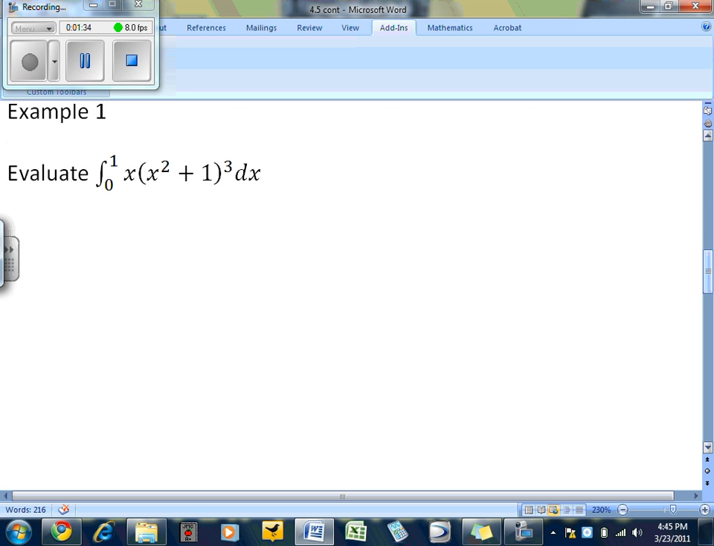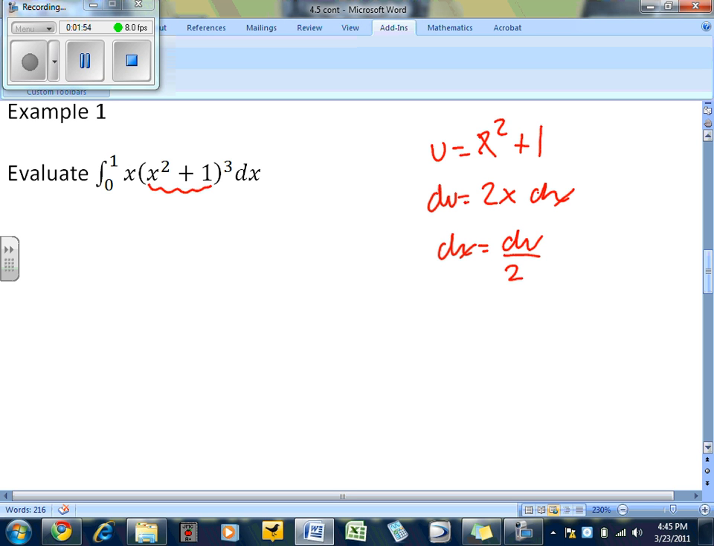Okay, so let's go ahead, let's make u equal our inside function, right? So u is going to equal x squared plus 1. And then du is going to equal 2x dx. And dx is going to equal du all over 2x. Okay. So what I'm left over here now, I have the integral from 0 to 1 x times u cubed